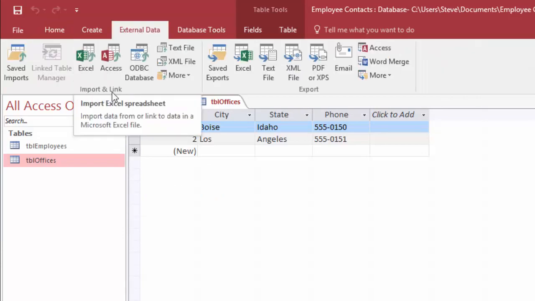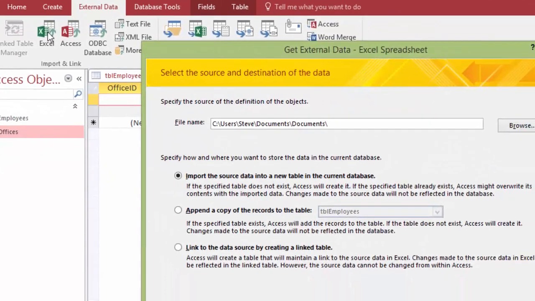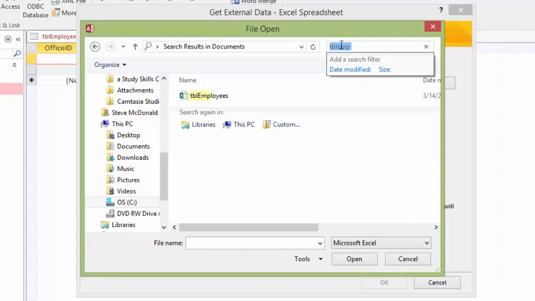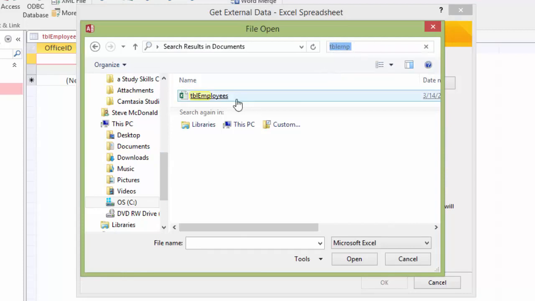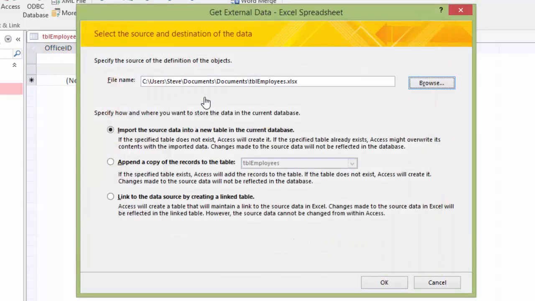We'll click on the Import and Links section here. We're going to choose Excel. We're going to browse to the Excel file that we're appending. And if I just type in table EMP in the search bar, it's going to bring back the table that I'm looking for. Click on that. Now it's loaded in there, and now I'm going to click append,